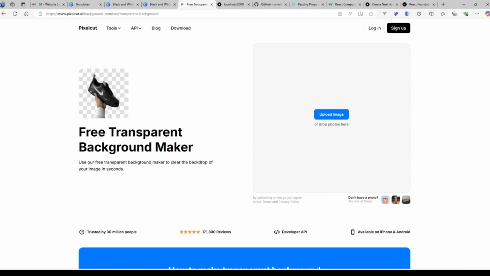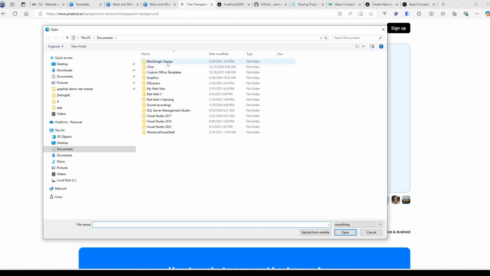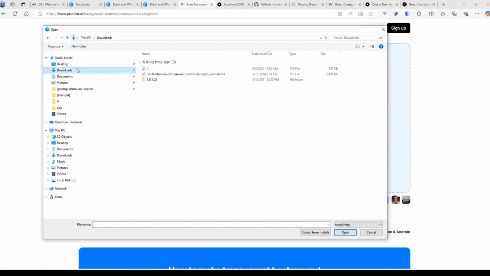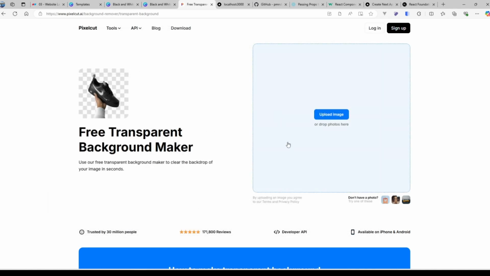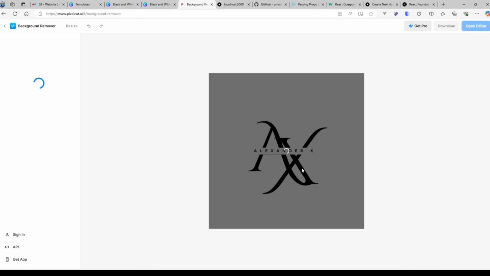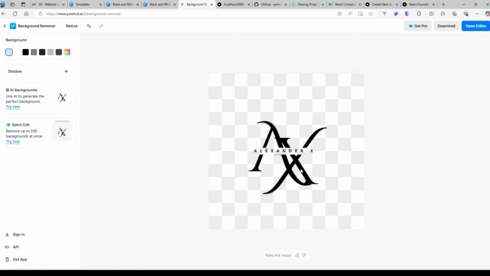We can use this to get the transparent background. Let's upload the image, and this one. Here we go. Now the background is transparent, and we can download it,